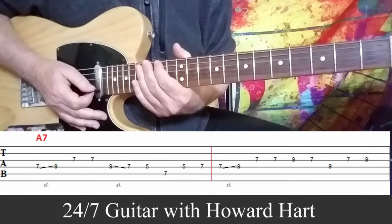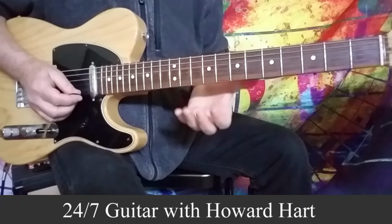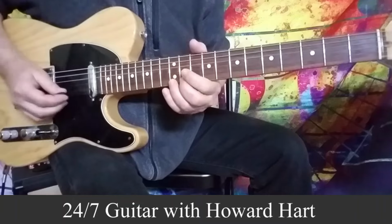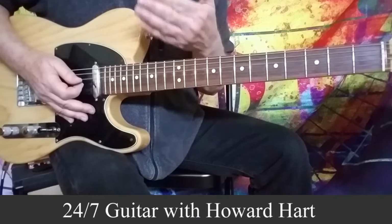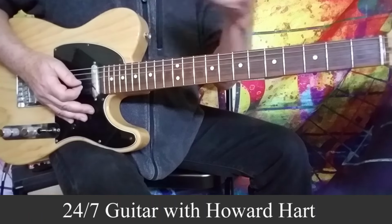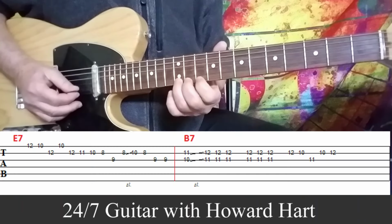So let's move to the next phrase. And for this particular line, we are really just running that E blues scale. And this is a great thing to practice. What we're doing is we're taking the notes of the scale and we're sequencing them, meaning like playing 3 notes, then backing up and playing 3 notes. You can do it with 4 notes, 6 notes, whatever you want to do. But what we're doing is